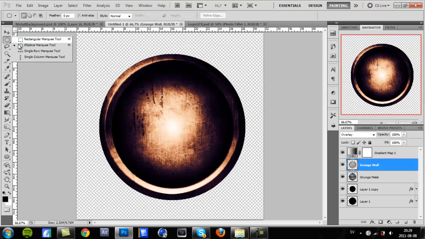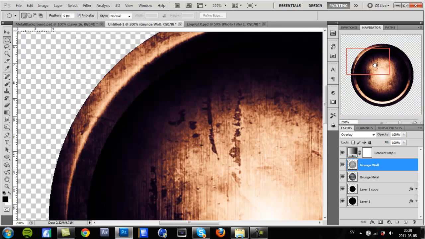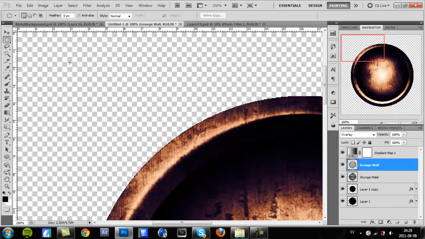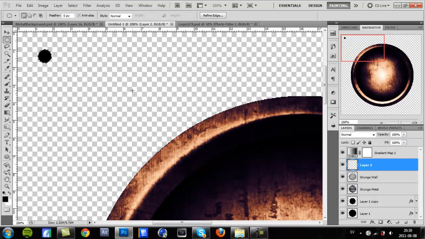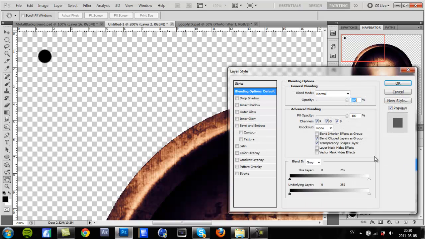You just take the ellipse marker tool. You might want to zoom in a bit because you want to do this very small. First create a new layer by clicking on this over here, if you could see my mouse, and then just click, hold shift, drag out a tiny thing, and press F5 to fill. Could use black again, Control D to deselect, double click, and